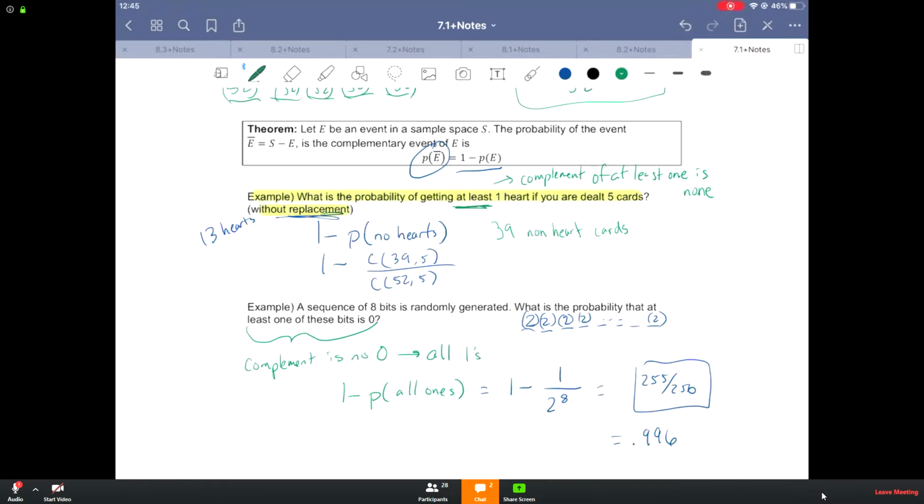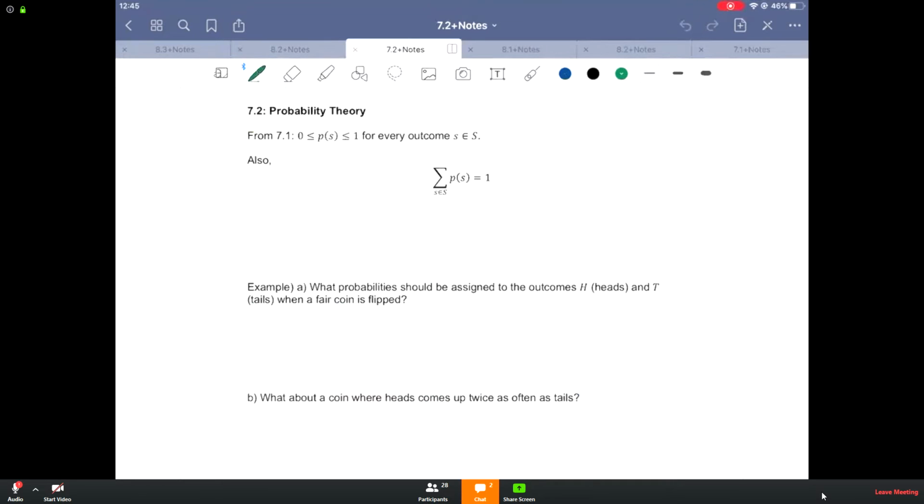All right, any other questions on that one? We have one more probability section, so 7.2, and then we will move on to something else, chapter 8. All right, so 7.2. Oh, before I forget,